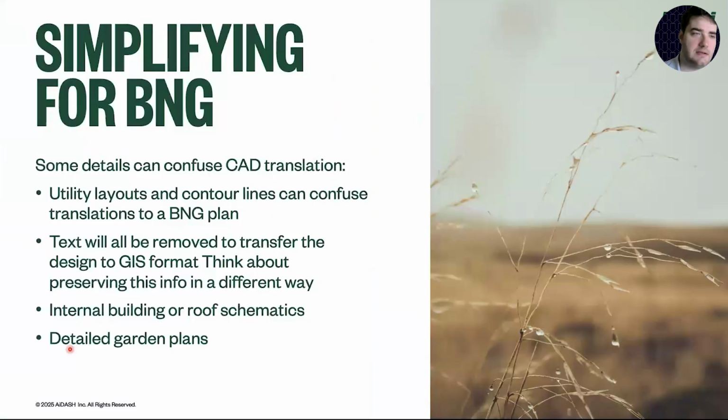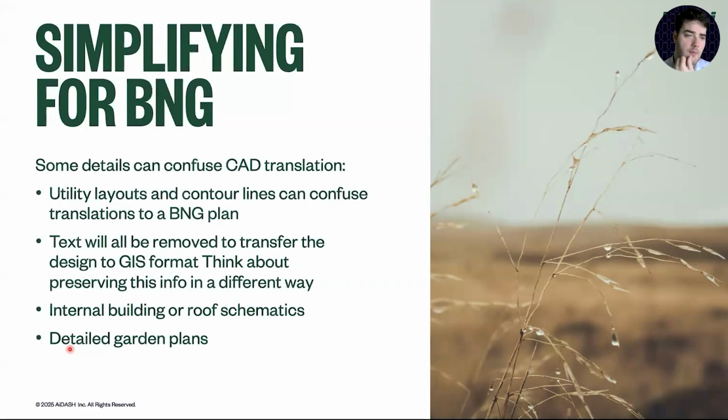Some details in BNG probably get lost when we're trying to convert to BNG, and that's fine, that's helpful. So you don't need to include things like utility layouts or contour lines or text in that file that's going to be translated per se. Those kinds of things tend to get stripped out when they get converted to the geospatial format, to GIS. So I probably would try to preserve that information in a different way. If there's a really important piece of text, it's probably going to get lost in translation. So either have it as a layer name or perhaps have it as a piece of metadata or a supplementary